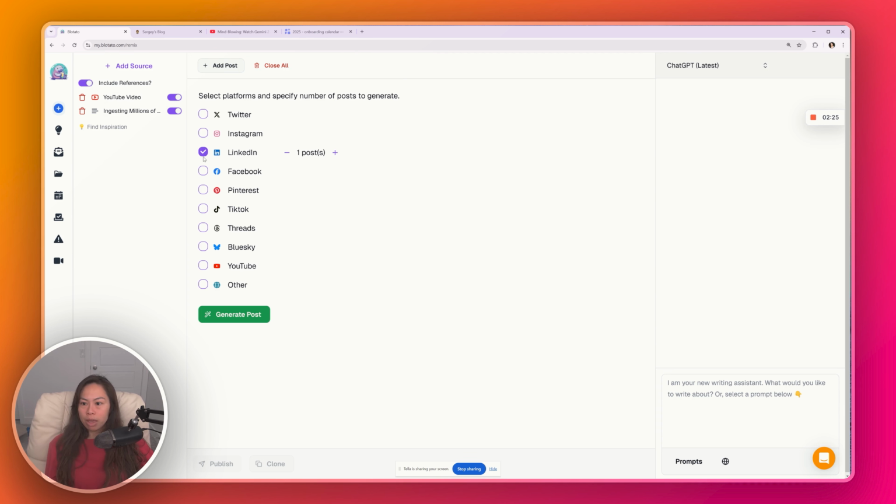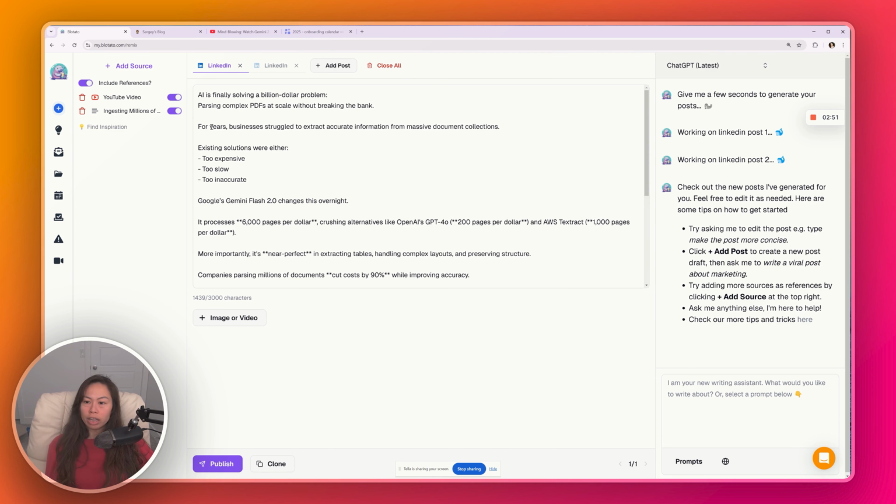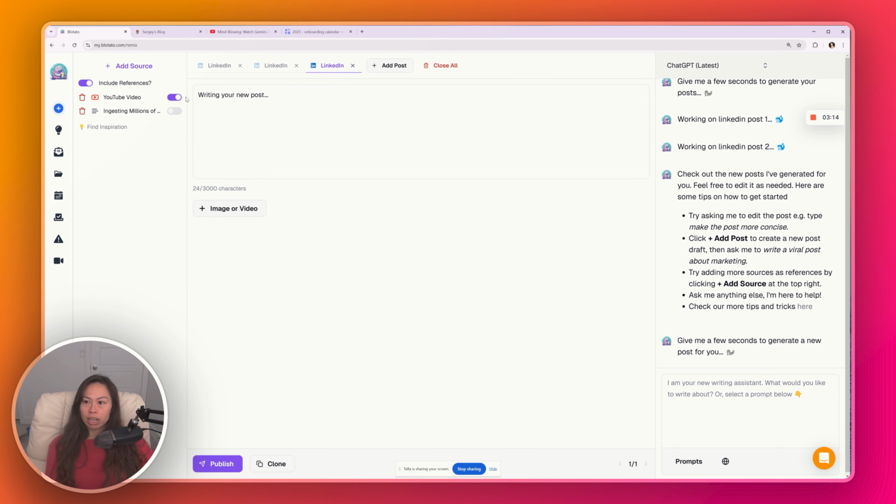And now let's say we want to make a LinkedIn post. Here are the two generated LinkedIn posts, and both of these drafts were written using information from both of these sources. And you can toggle sources on or off. If I decide to toggle this source off, now the next post I generate is only going to use the first source. So now if I create another LinkedIn post, it's only going to use this source, the YouTube video,